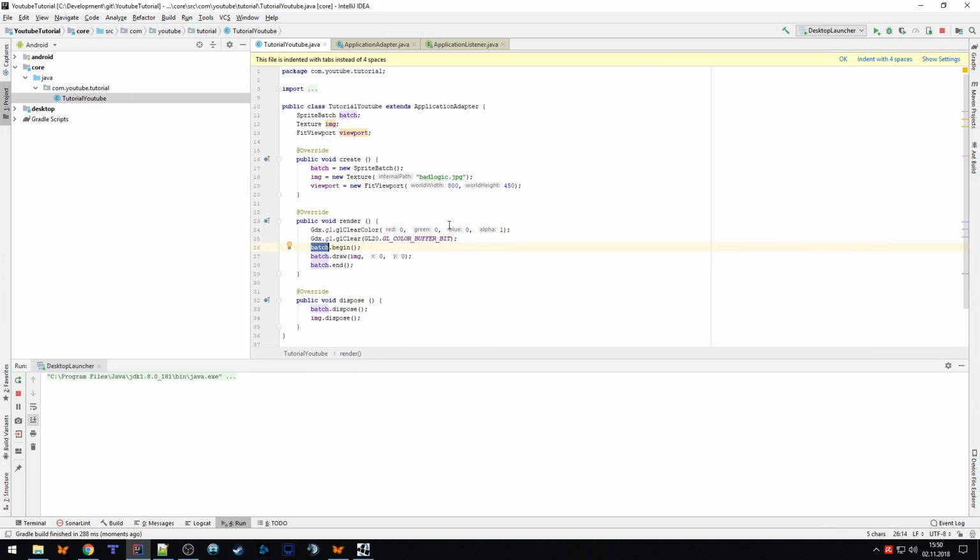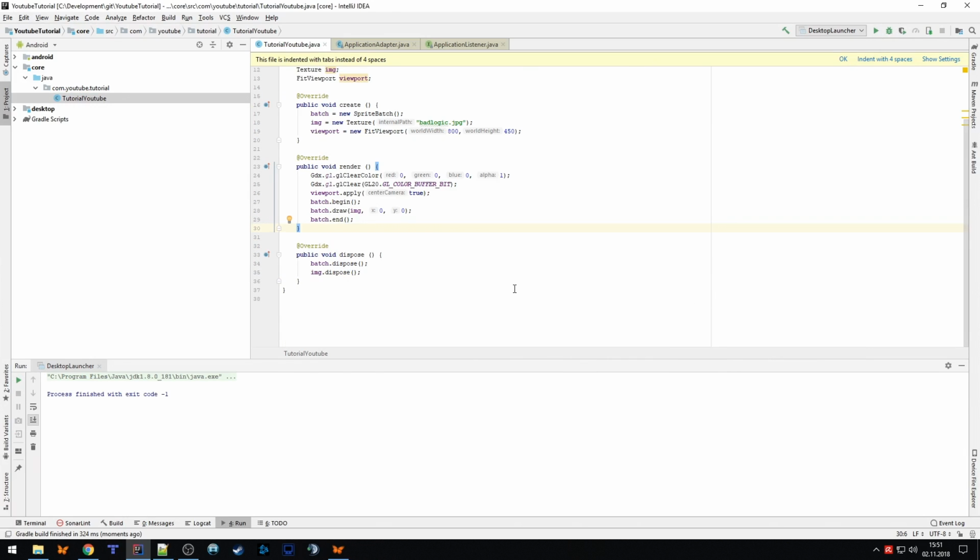And then something that we come back to later as well, it's called the sprite batch, which is responsible for drawing images to the window in a very efficient way. And there it's currently a begin statement, then the different draw calls. So in this case, the image, the texture is drawn at the bottom left corner. So X is 0 and Y is 0, and then it ends. And now we want to apply our viewport. So there's an apply method, and we want to center the camera every frame. And let's see what's happening now when we resize our game. Nothing, because we forgot to override the resize method, of course.